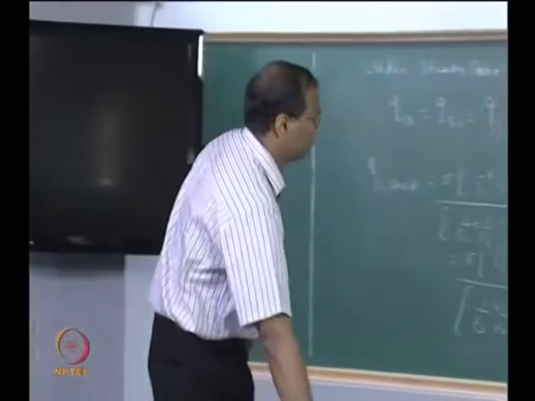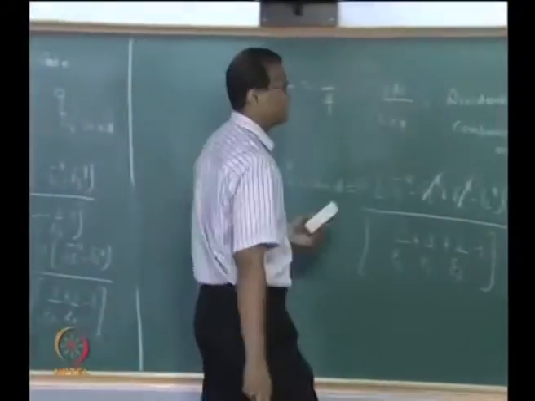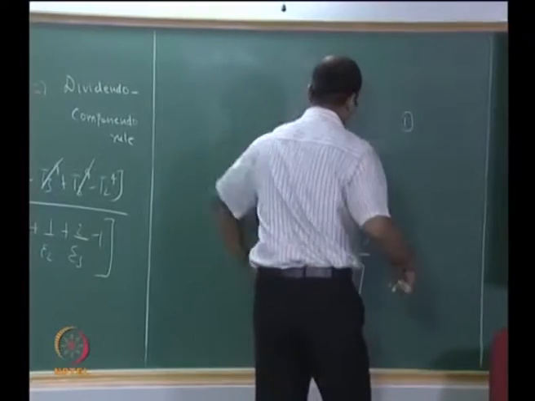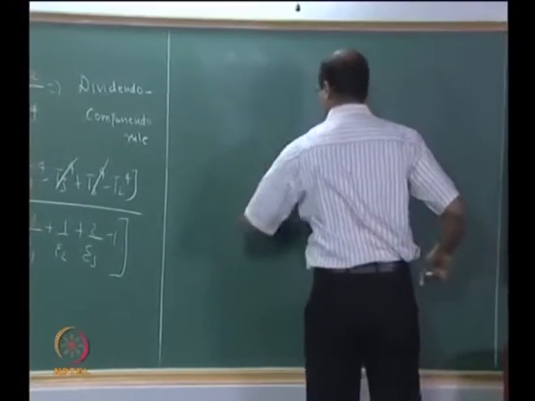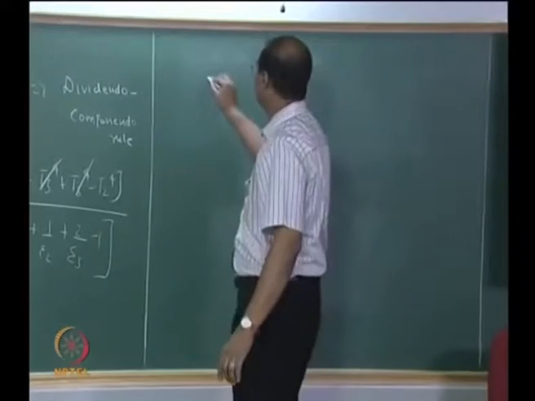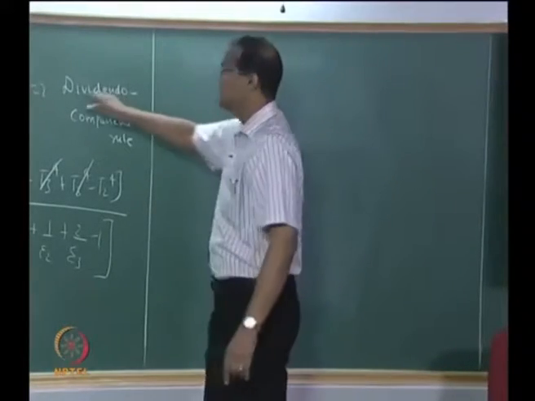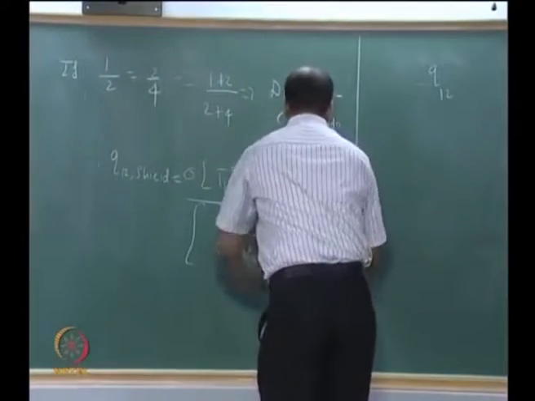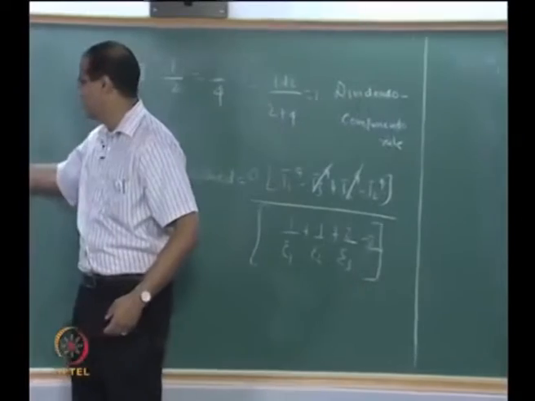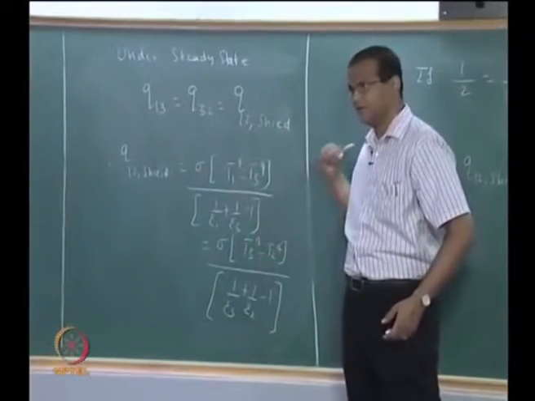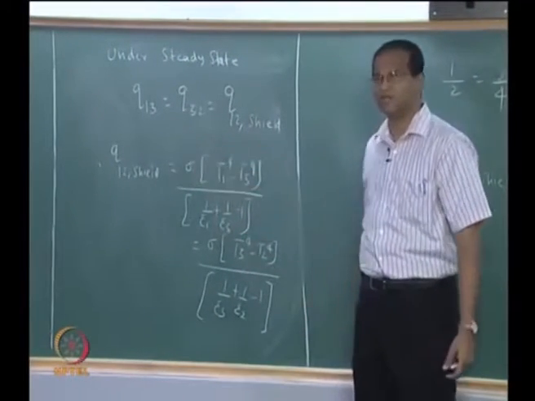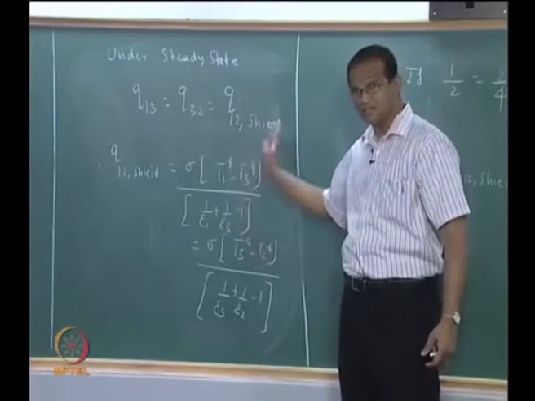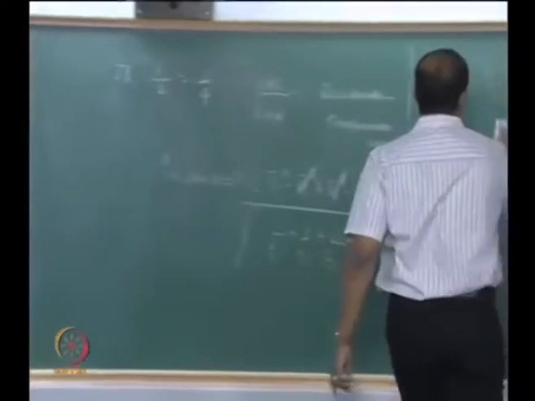Okay. Now you can assign numbers to this if you want. Therefore, is this clear? Yes. So what I did was I added the numerator and denominator separately, and then I am declaring that it is the same Q12 shield. Fortunately for us, there is a minus T3 to the power of 4 here, and here there is a plus T3, they are getting cancelled. Okay,